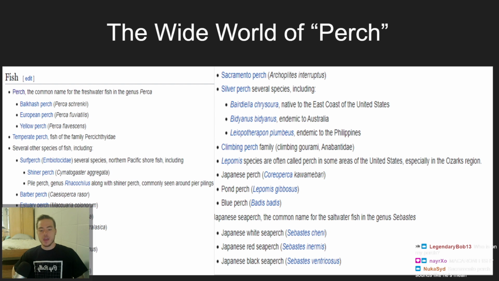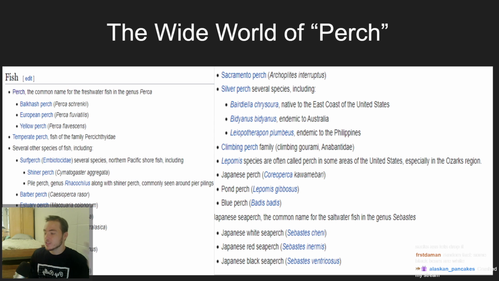Like you could say, oh yeah, this is a white perch. I've caught a white perch, and you're like, oh, a white perch. You could catch it near fresh water and brackish water, and you say, oh, a white perch is in the perch family. No, white perch is actually in the Moronidae family, Morone americana. It's not in the perch family. The perch family is only Balkash, European and yellow perch. You'd be like, oh, the climbing perches, oh, the pond perches, oh, the blue perches, oh, sunfish, yeah, we call those perches. None of them are perches. I don't know how to say this better other than common names suck.